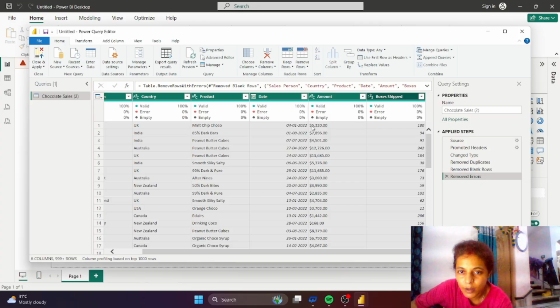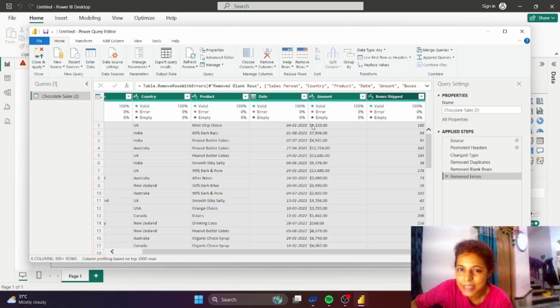You are seeing the dollar here. We should remove this dollar sign, and then it will become numerical, as it is an amount, so the amount should be numerical. There should be no symbol like dollar or rupees, otherwise it will take it as text, and that is the reason it is showing on the left side.